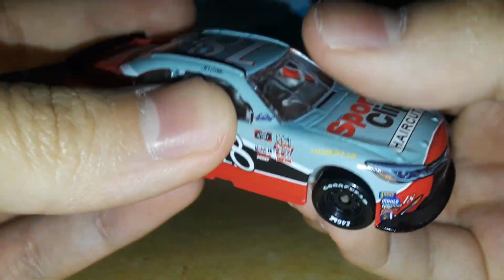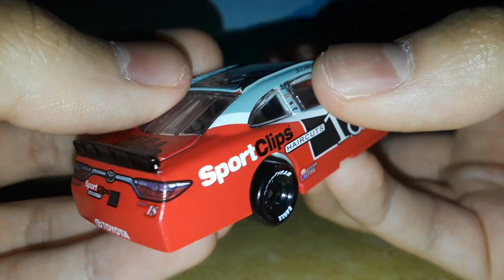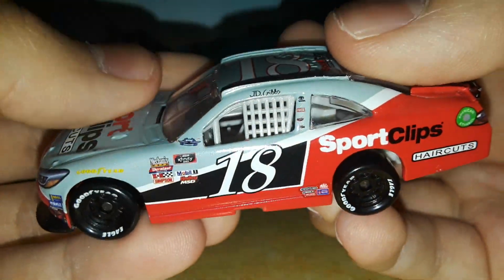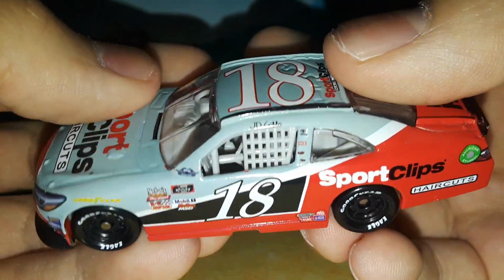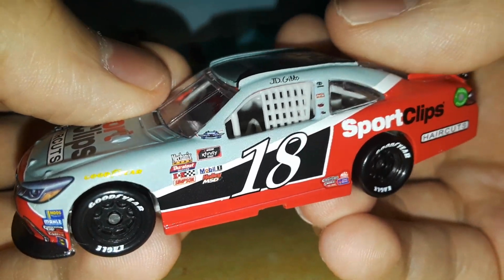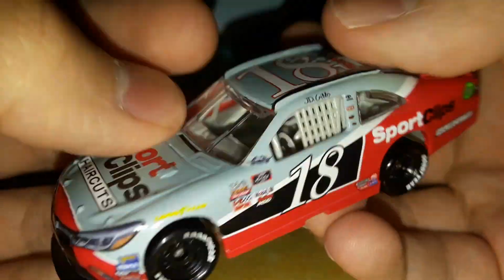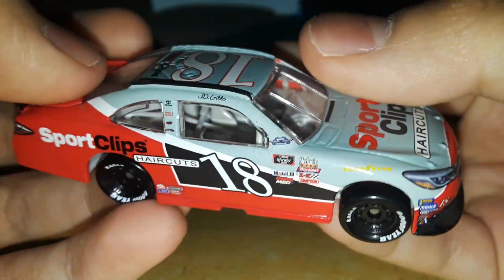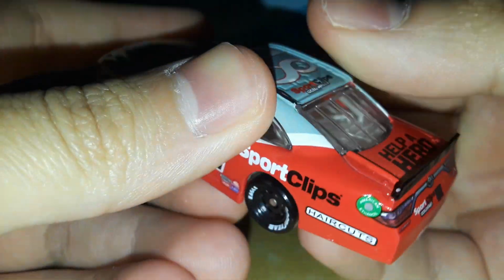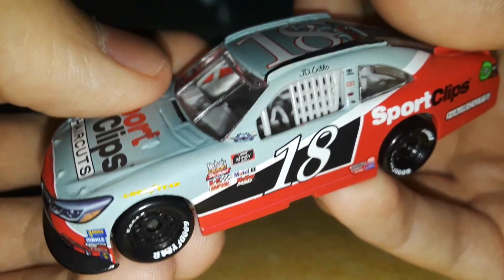Joe Gibbs has lost two of his sons, JD Gibbs and Coy Gibbs. Almost at the same age. That is just, my heart goes out to Joe Gibbs Racing, and Ty Gibbs, and the whole Gibbs family. So, this review can kind of be a tribute to the Gibbs family, now that I think of it, because this is a part of Joe Gibbs Racing's history, is this paint scheme right here. This is a very, very special one. Unfortunately, I did not have the actual Turkey's car to compare this to, but hope you guys still enjoyed it,